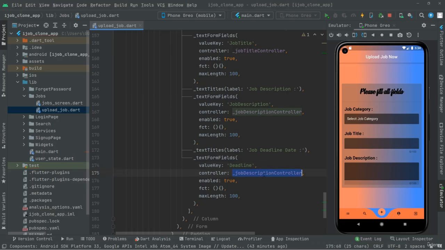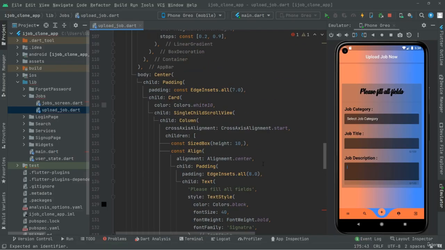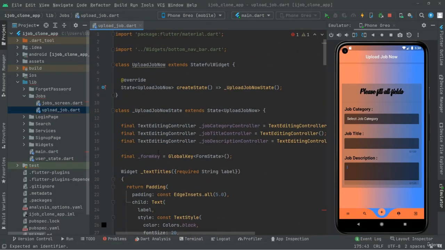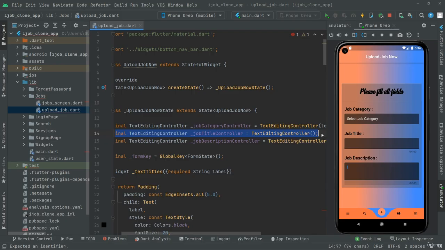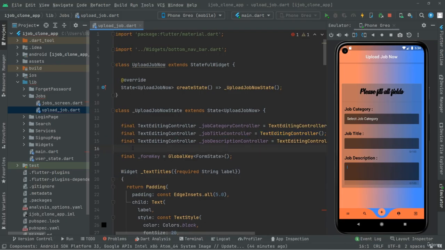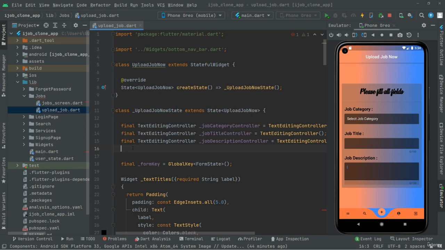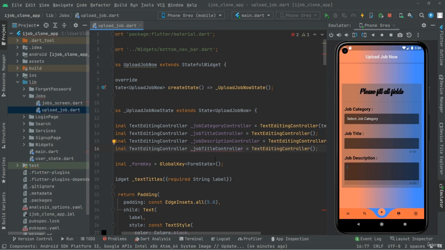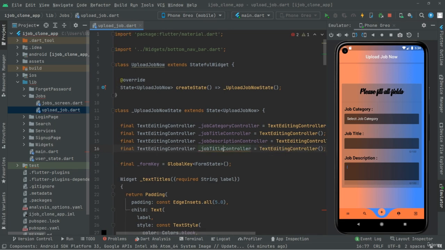Now the last thing that we will do is simply go and create a controller for the deadline date controller. Copy that from here, and down in here paste it. It's going to be for deadline